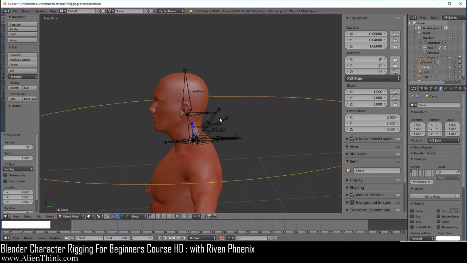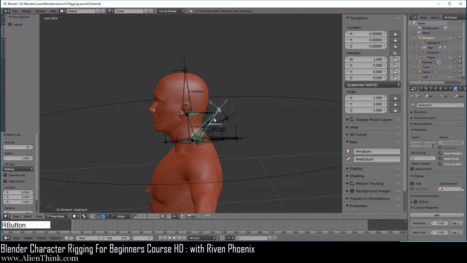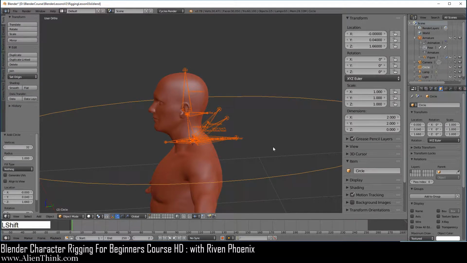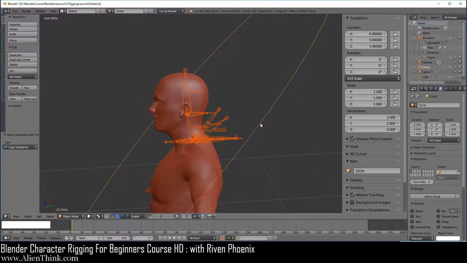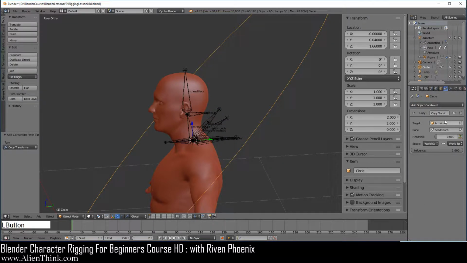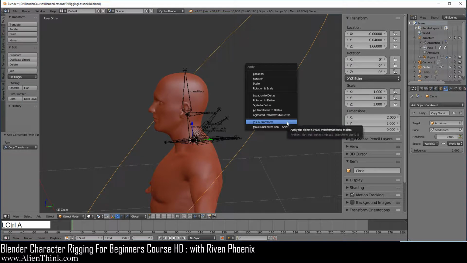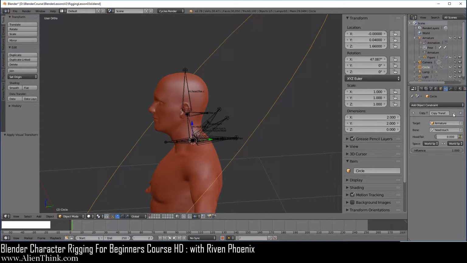Here we're going to click on the head.touch, press the Shift key down, click on this circle, do Shift Control C, and do copy transforms. This is a really important step because we want to make sure that the circle axis is aligned to the head.touch bone. So go ahead and click on this circle, go to the constraints, and what we're going to do is actually turn this off. So we're going to do Control A and do Visual Transform and simply turn this off. You can actually delete this later.